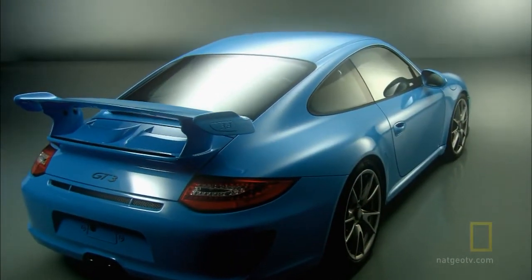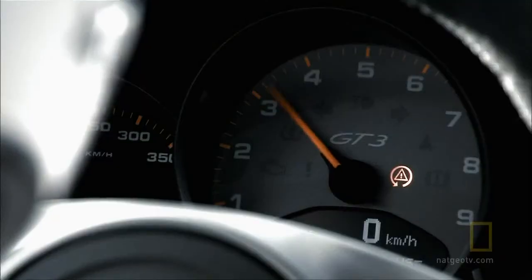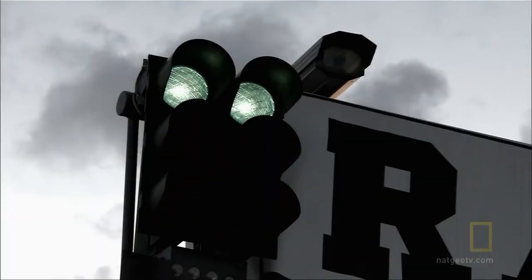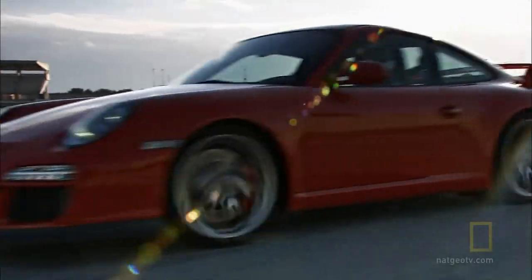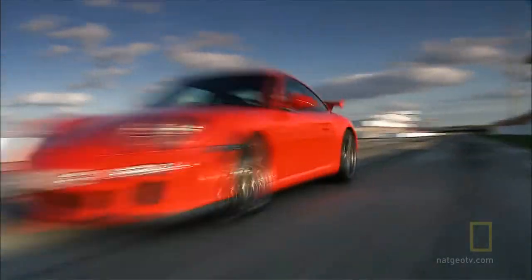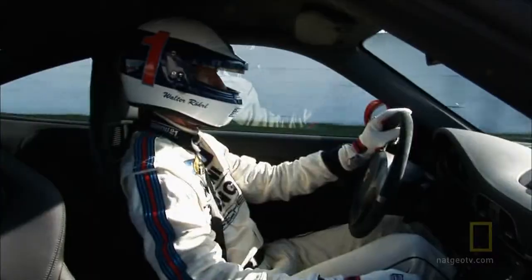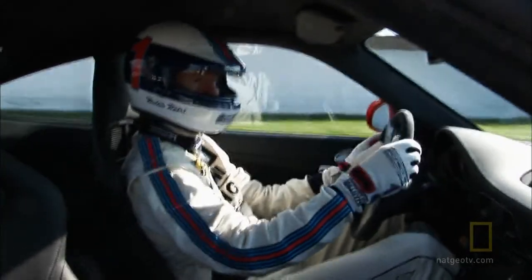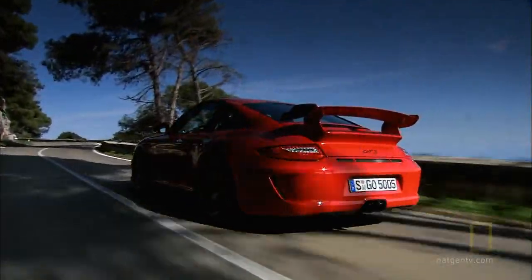One of the newest 911s is the GT3. It's designed with one mission in mind. The GT3 is a track tool. It's the ultimate track day weapon. The GT3 is designed for the growing number of auto enthusiasts who race their cars on closed tracks. The thrill of owning your own street-legal race car will cost you